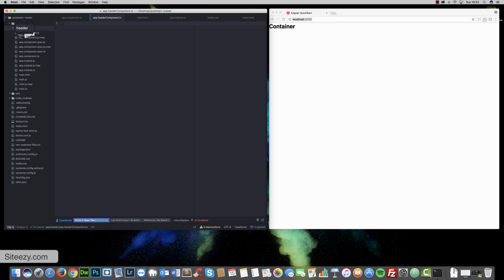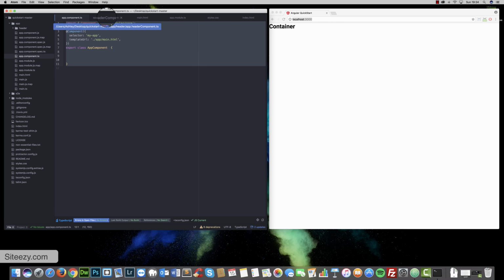So let's just open up, as I said, it's already open, our header component. And if we come to our app component, we're going to use this as basically a template for all of our other components. So I'm just going to literally Control A to select everything, Control C to copy, or Command on a Mac, which is what I'm using. If I just copy that in here,